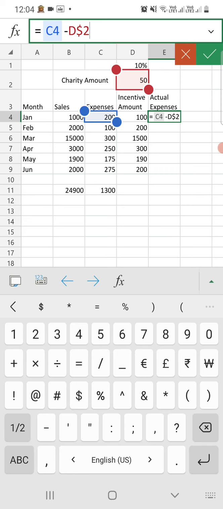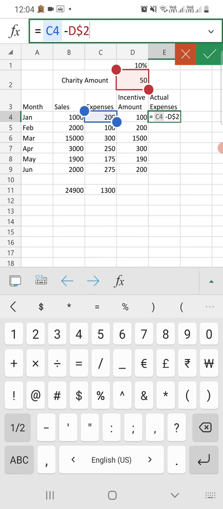We need to calculate all the actual expenses by minus 50. So you can calculate the actual expenses of other cells by dragging the mouse pointer to the rest of the cells when the pointer changes to a copy pointer symbol.